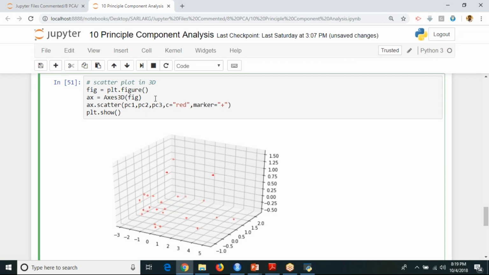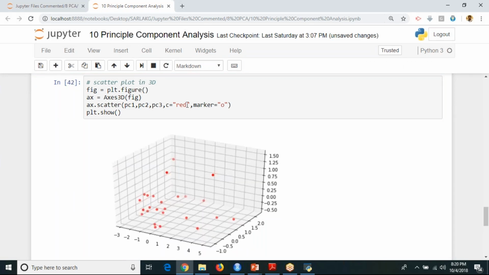It is just to show you how 2-dimensional looks with x-axis and y-axis, but how does it look if you plot on 3 axes? So this is one axis, this is another axis, this is another axis. Like this I'm going to display, and here I'm putting it as a plus mark, or I'll put it as O, red color.